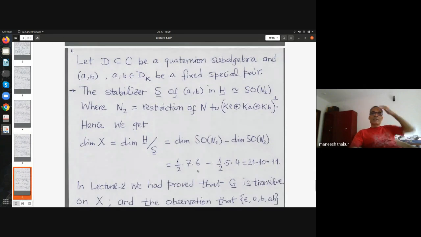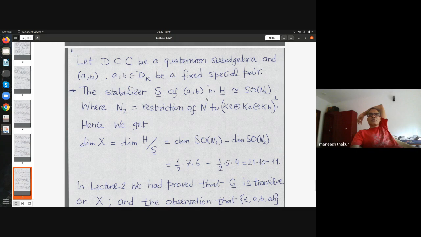And now let's look at this pair A, B. We saw last time that I can write a basis for a quaternion algebra starting from such a pair, namely 1, A, B, AB. So that's a basis. If an element stabilizes, so what I'm computing is the stabilizer: if some automorphism is fixing A comma B, it will fix that whole quaternion algebra, so it will belong to the perp of this three-dimensional space.